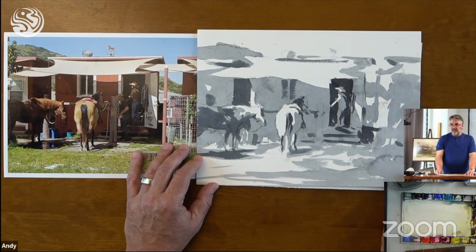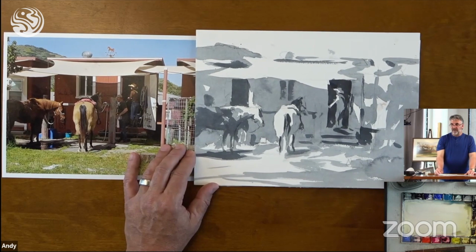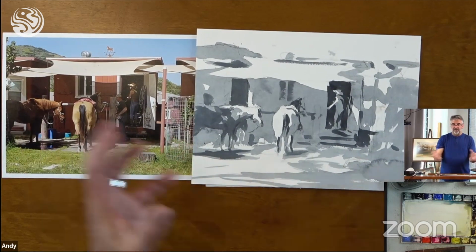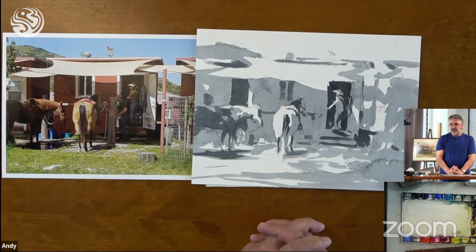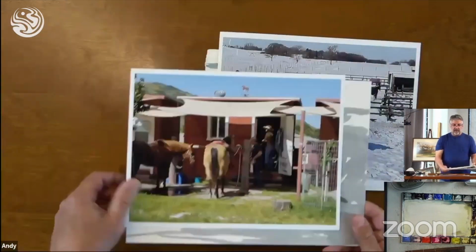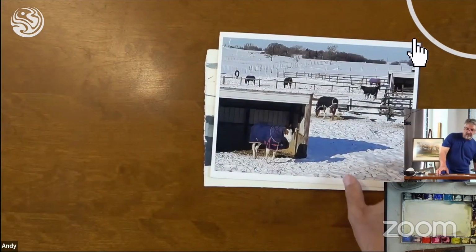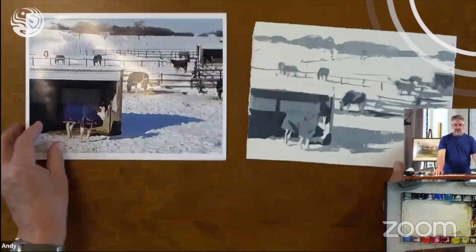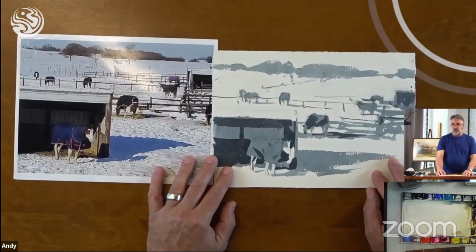So it's a little bit unnerving. It takes some practice because a lot of times, it doesn't all come together until the end when you put your darks on. But I think it's important to keep practicing all those things. And there's not always just one